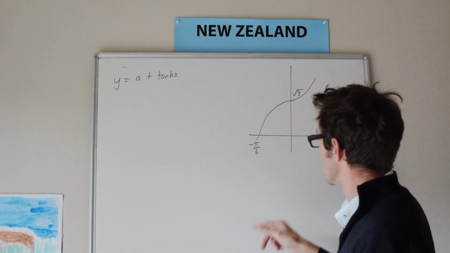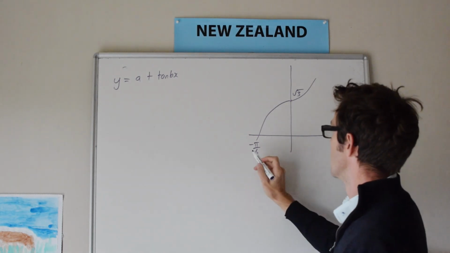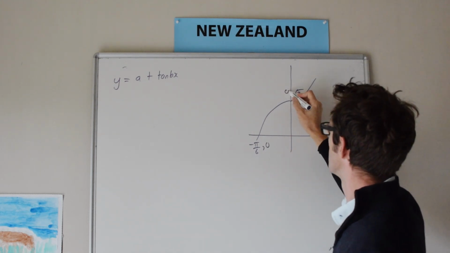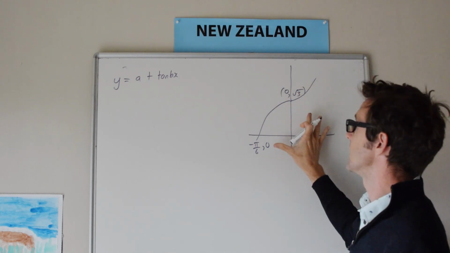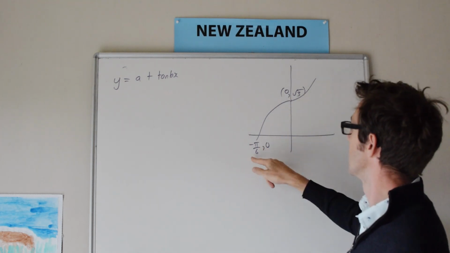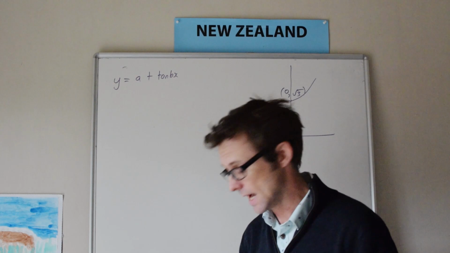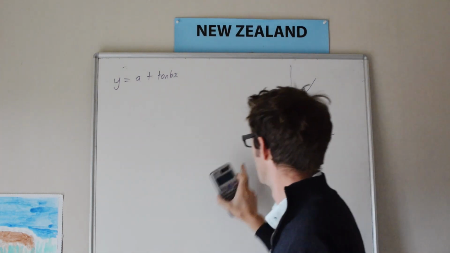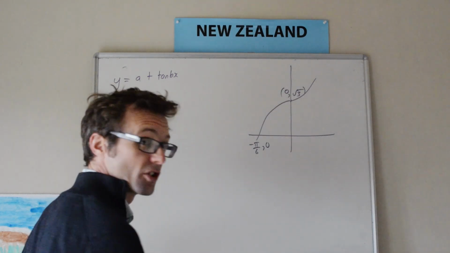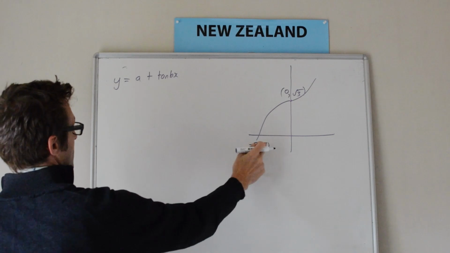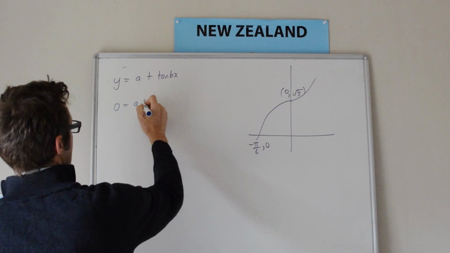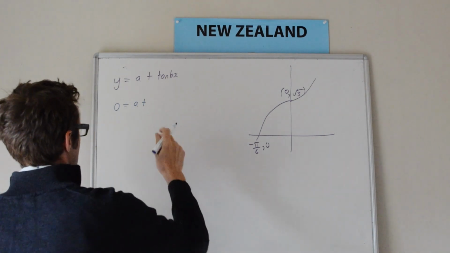Okay, so the second part of the question is asking us to figure out the values of A and B, and we're given these values here. Obviously this one is negative pi over 6, 0, and this one is 0, root 3. So these are values on this curve. Now obviously, because we've got these kinds of values here, we're going to be dealing with radians. So, well, we can do a sort of simultaneous equation, can't we, really? We could say, well, at this point here, our y value is 0, so 0 is equal to A plus, and then chuck in what tan